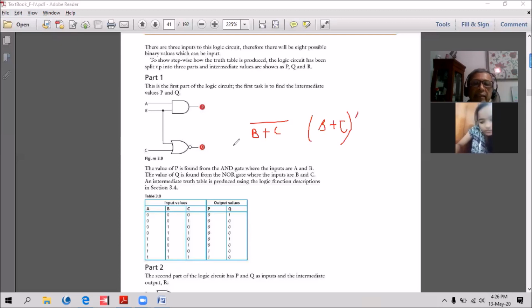All right. Okay. So the value of P is found from the AND gate where the inputs are A and B. Saw that, no? Yes. The value of Q is found from the NOR gate where the inputs are B and C. An intermediate truth table is produced using the logic function description in section 3.4.